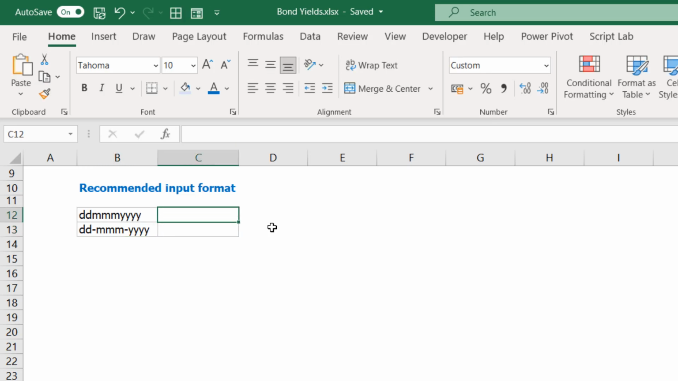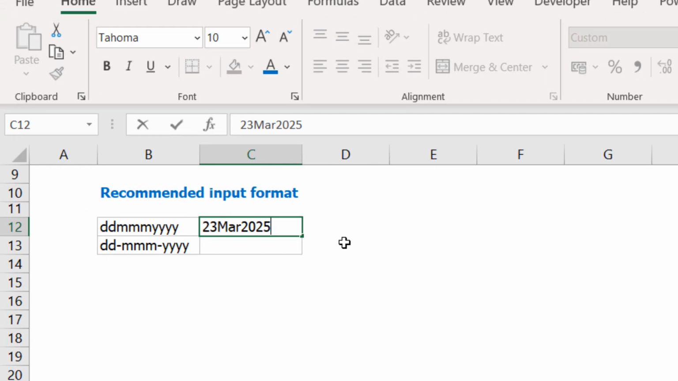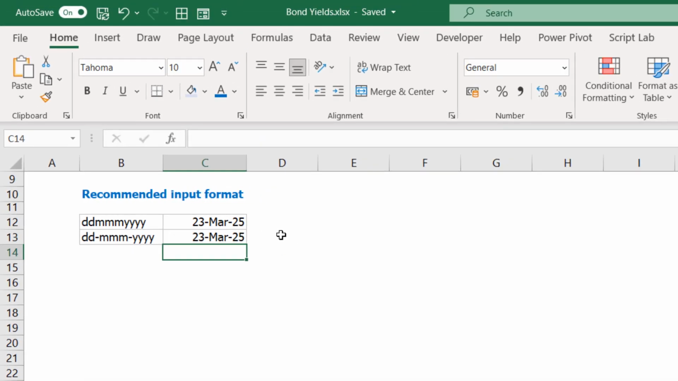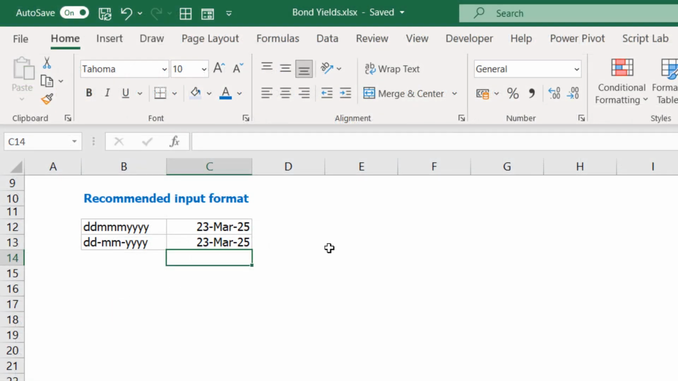So for 23rd March 2025, we recommend that you enter it as 23MAR2025 or 23-MAR-2025. This format ensures that MS Excel captures the date correctly irrespective of your system settings. And since we are all creatures of habit, habituating oneself to this style of date input would ensure that we do not suffer from the year